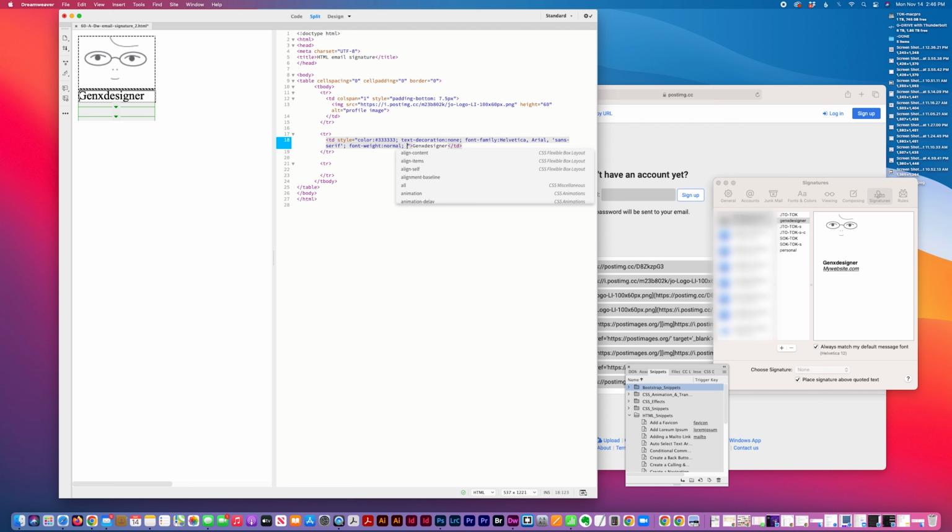Normal. And I always do font size. I'm just going to do 12. And then line height is important because basically you're telling the application how to read the code, so you want to include everything that's necessary. Otherwise it's just going to fill in the blanks with some default, like it is here with the genxdesigner type font face, and you don't want that. You want to be very specific and cover all the necessary